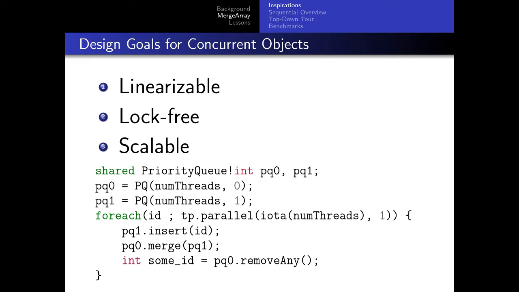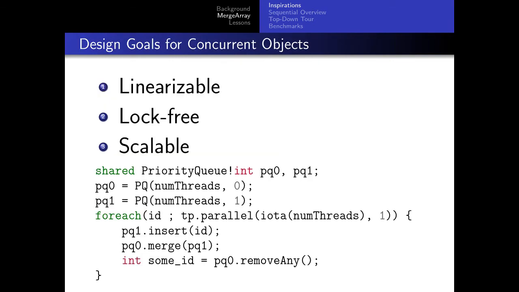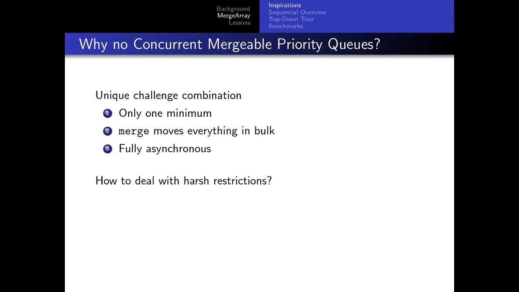But obviously you do want to be as efficient as you can in general. But yeah, this is a very nice thing to have. So why don't we have it yet? I think concurrent mergeability and priority queues is a unique combination of challenges that makes it very